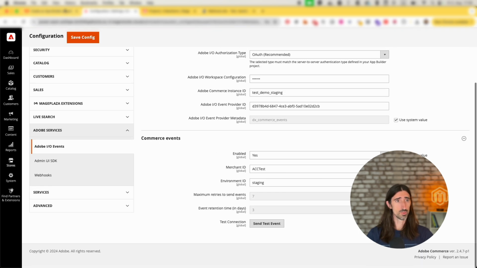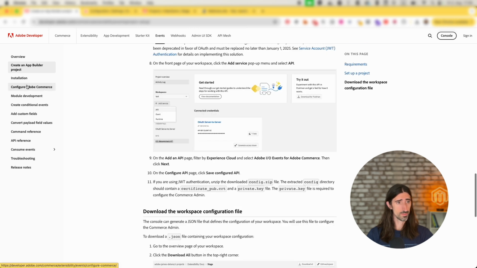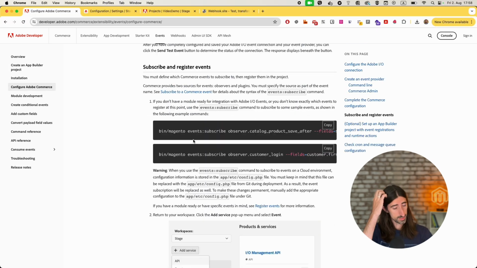And then what we need to do else, we need to subscribe to events. So to subscribe to events, you also run a bin/magento event subscribe command and then define what to subscribe to. So in this case, for example, catalog product save after. And there is also a set of parameters you want to define. So in this case, you tell which parameters will be sent to the event. That's quite